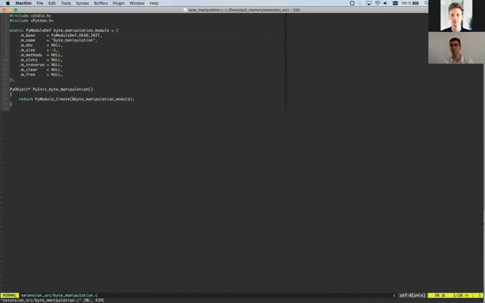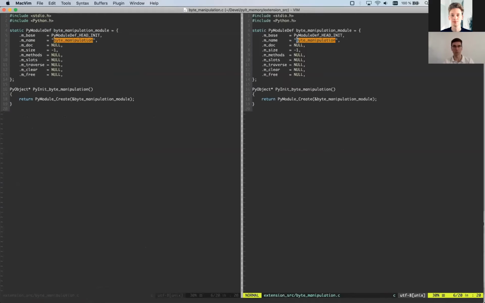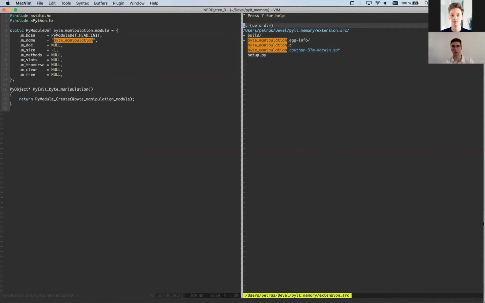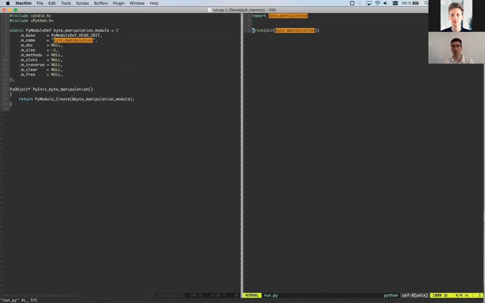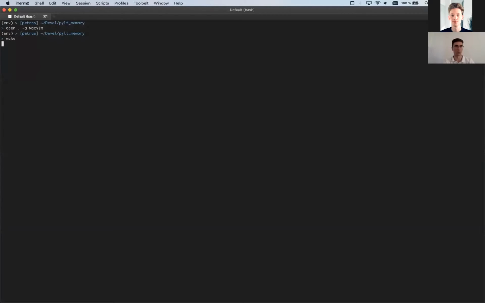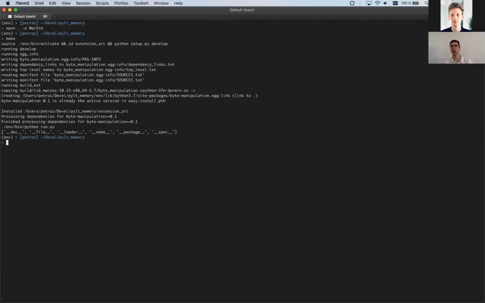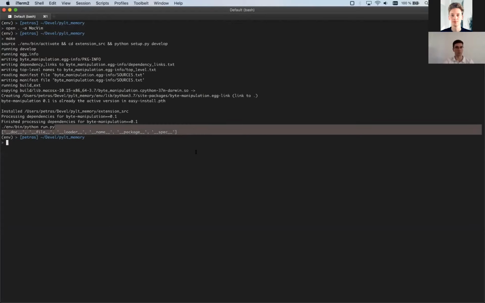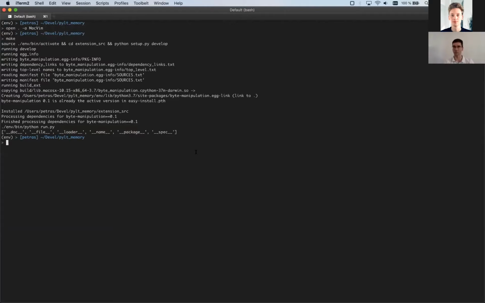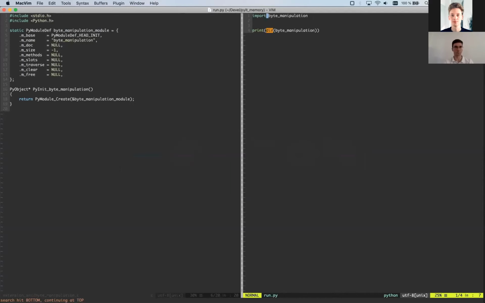It's as simple a C extension file as possible. It does nothing. It just defines the module name, byte manipulation. And I have run. Run for now prints the structure of the byte manipulation module. So if I run make, it recompiles, and as you can see, there is nothing right now, just standard module stuff.